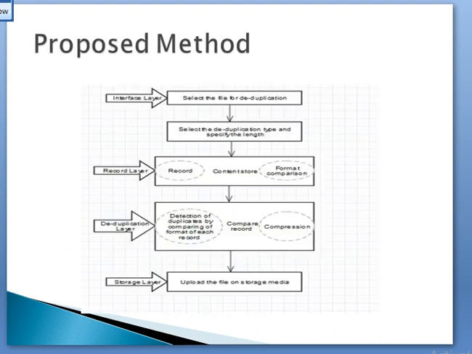This is my proposed method. It is the method for the record level data deduplication technique. Suppose in a record, data is in a different format. Suppose AB is a name and another format is BA. These are two different formats, but they are redundant data, so we have to remove this. So a record level linkage algorithm is applied to remove this type of redundancy.